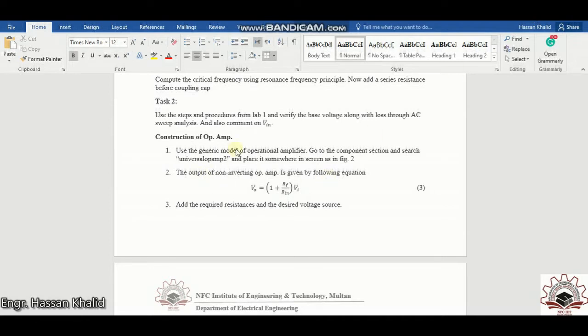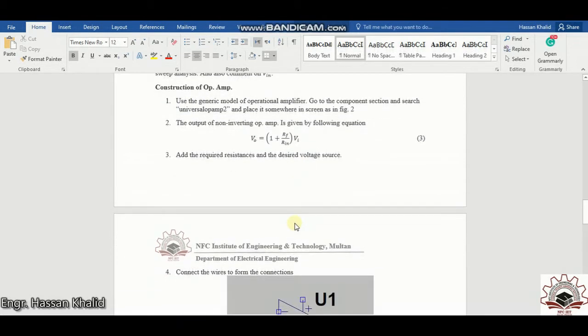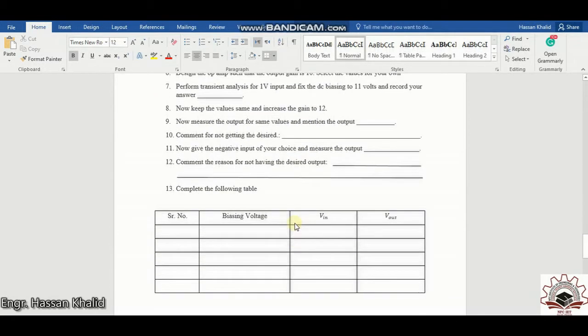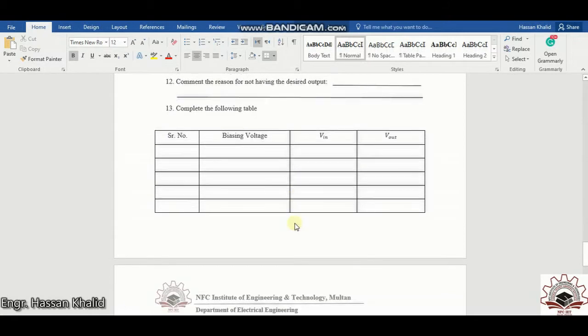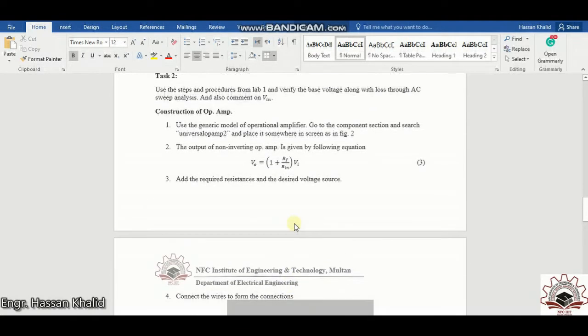In order to complete your lab, you need to read all the procedures step by step and calculate the desired outputs that are mentioned in the form of fill in the blanks, and some of them are asked in the form of a table. In this lab I will just demonstrate how you are going to perform the analysis. The rest is your work: read the procedure and submit the assignment using Teams. So let's now finally move toward the